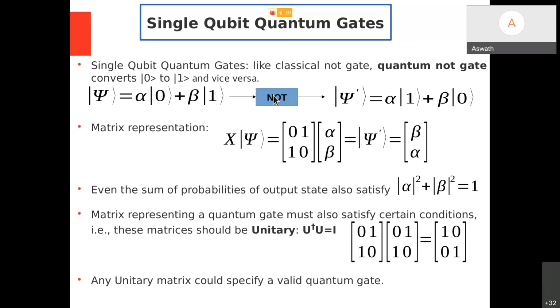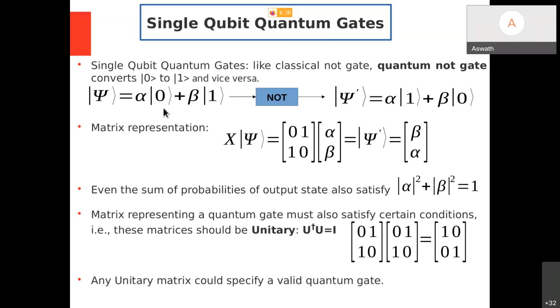Means when it comes out of a NOT gate, the atom is now 40% in the excited state and 60% in the ground state. So there's some kind of 20% loss in the excitation to ground that is happening. Okay, right? So that could be one possible gate operation in quantum computation.